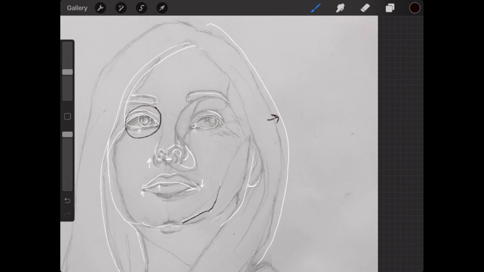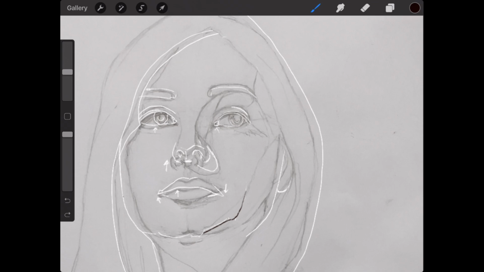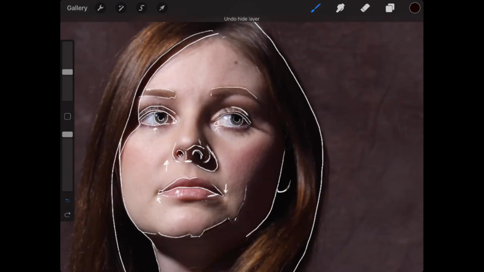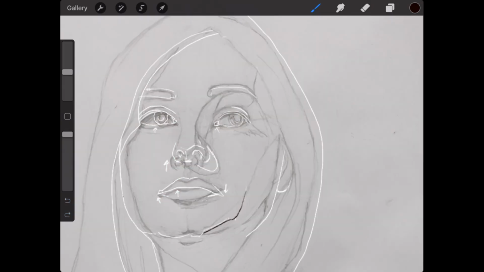And I always find it's important to lock in the eye. So if something is off in the eyes, for example, it's going to throw off all the other features because we base everything off of the structure of the eyes. There's this triangular relationship between the eyes and the nose, and then there's this larger triangular relationship between the eyes and the mouth. And there's even this triangular relationship between the nose and the mouth. So if you get one of the eyes off, it might throw off your other features.